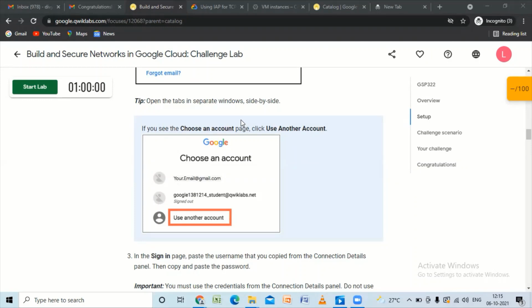Let's quickly conclude what we have done in this lab. Firstly, we removed the firewall rule, started the instance of the Bastion host, created a firewall rule enabled on Bastion, created another firewall rule enabled on Juice Shop, connected the Juice Shop to Bastion using SSH, and finally SSH to the Bastion host via IAP. So that's all.